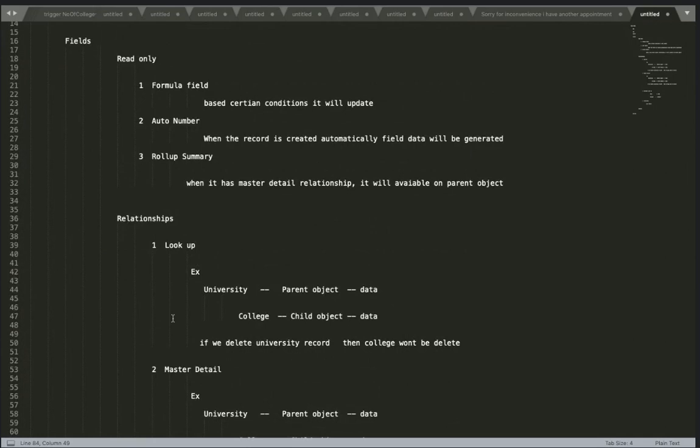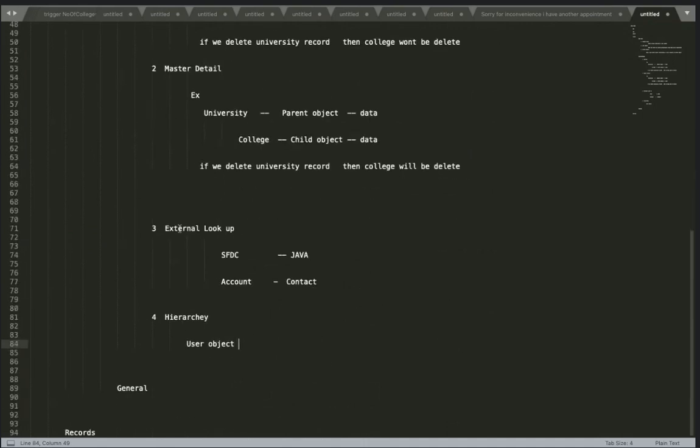Krishna, can you explain the external lookup one more time? Okay. External lookup, basically, external in the sense it is outside of our Salesforce system. So you can consider that system is a Java based system, developed by Java.